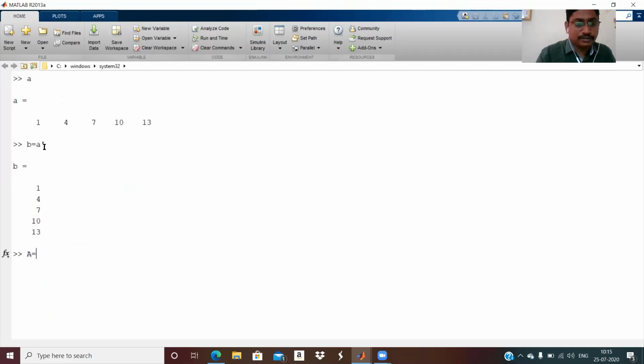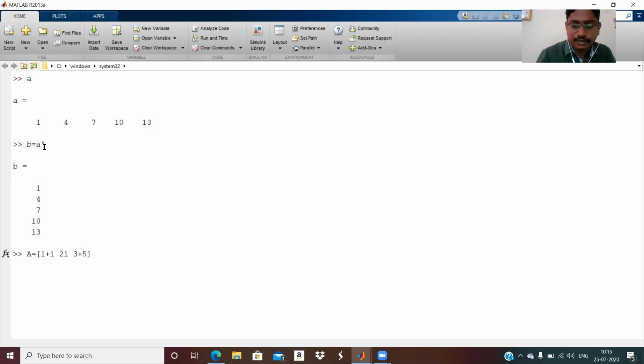I must take some complex entries also. The imaginary number is represented by i here. So 1 plus i, comma, or you can give a space, 2 i, space 3 plus 5.